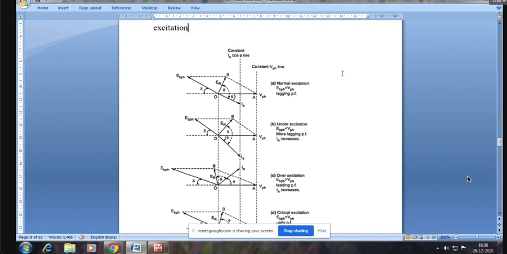And here we see four phasor diagrams. Is it visible? Is it okay? Yes, sir. It's visible. Right. Now,